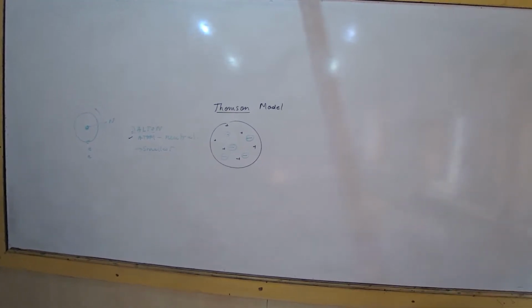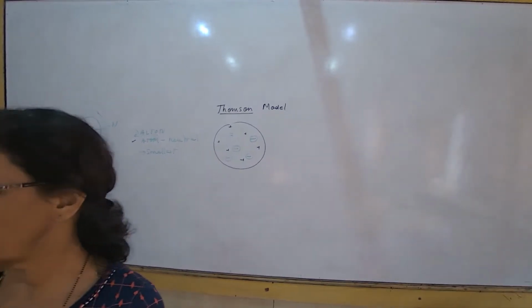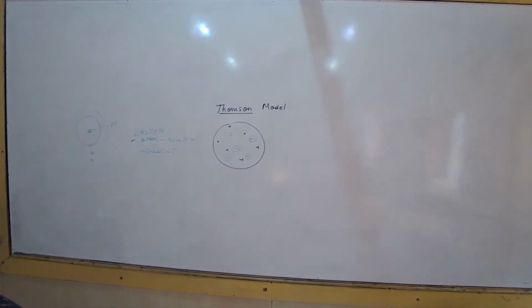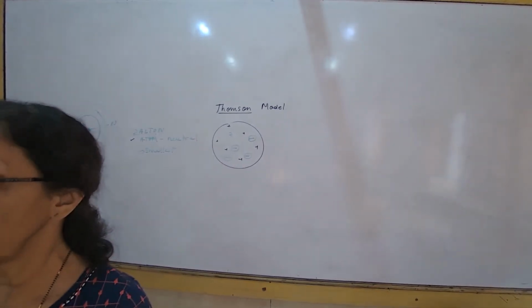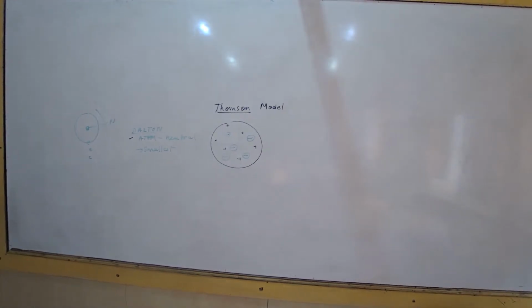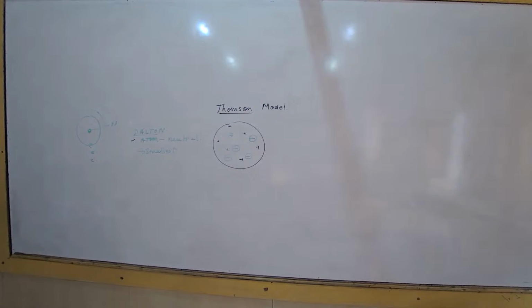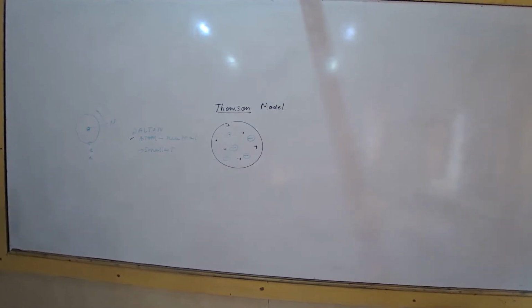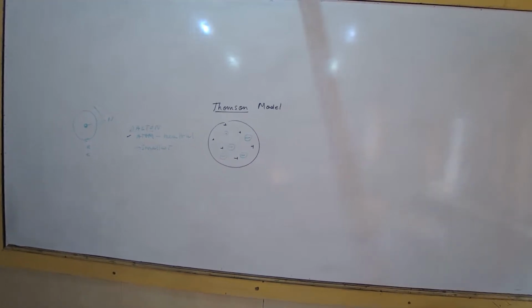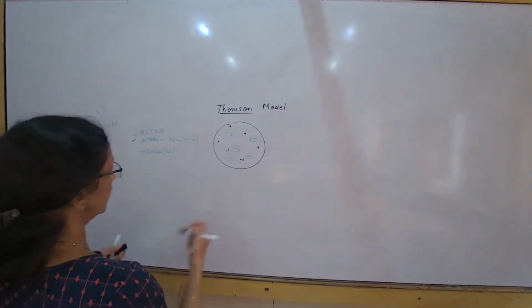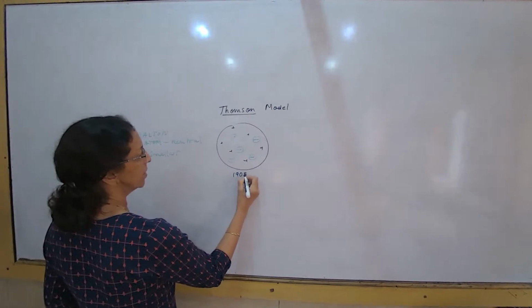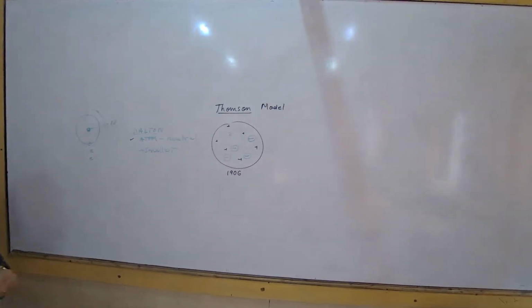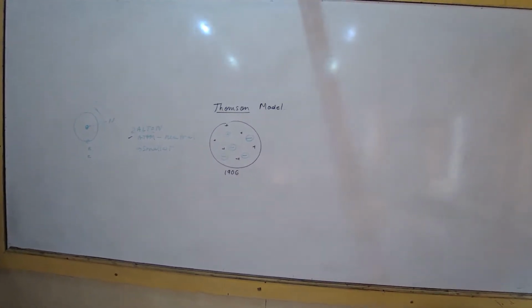Every year you find that Nobel Prizes are given, very recognized, and supposed to be an extremely well-deserved prize. So it was actually Thomson, and he got this Nobel Prize in 1906. It was his turn, and he got it in physics